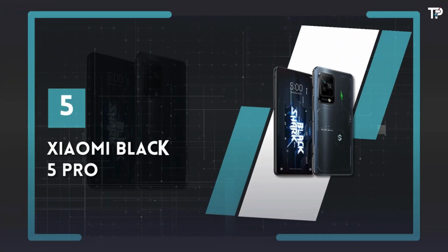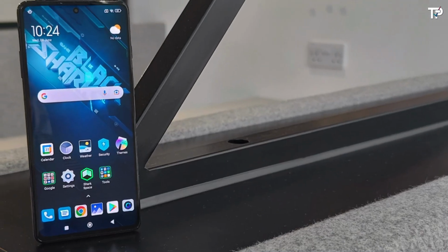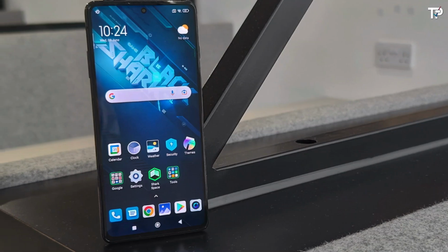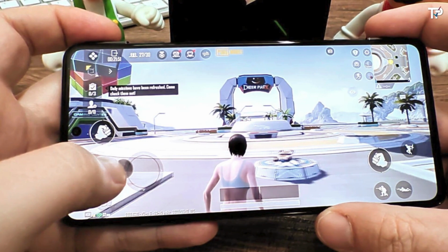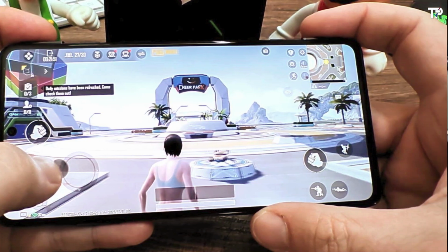Number 5. Xiaomi Black Shark 5 Pro. The Xiaomi Black Shark 5 Pro may be a few years old now, but since the Black Shark 6 never came to market, this 2022 handset remains the best Xiaomi gaming phone money can buy if you can get your hands on one. The Black Shark 5 Pro offers some fantastic performance specs for the price,